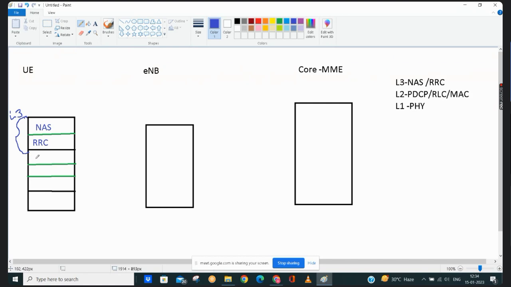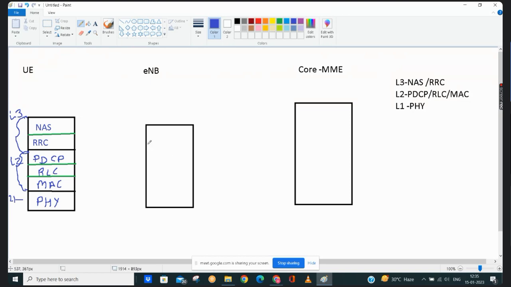After that, we have the L2 layer: PDCP, RLC, MAC layer. These are part of L2 and this one is my L1.